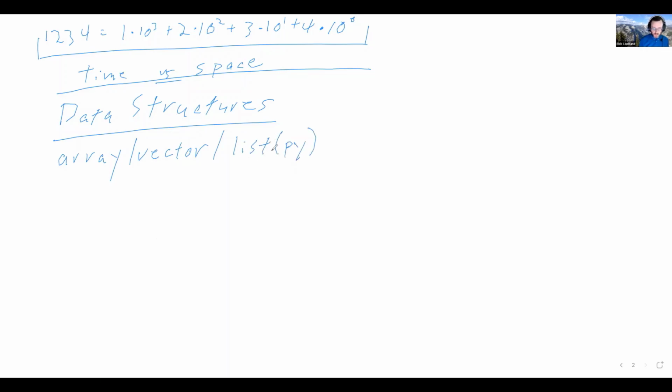But that happens to be how Python implements the data structure that it calls a list. Most of the time when computer science people are talking about lists, they're talking about linked lists, which is something that Python doesn't have. All right, so I'll focus on the array here. What an array is, it's just a bunch of items in memory, and you can access them by their position. So it could be a string